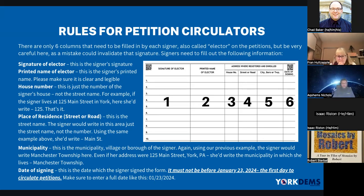And then the last thing is the date of the signing. And this is the date, obviously, that the signer is actually signing this form. Do not start before January 23rd. If there are dates before January 23rd, they are invalid, and they do potentially run the risk of throwing out the entire